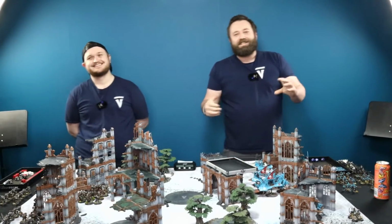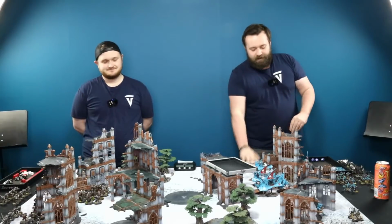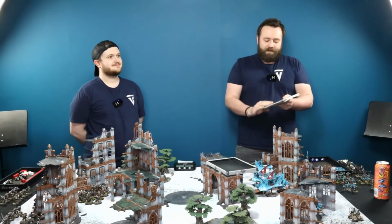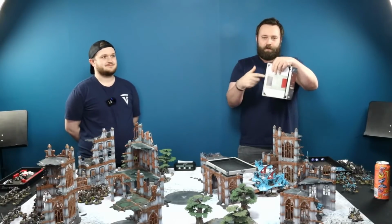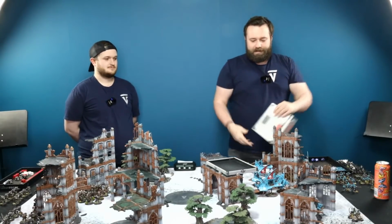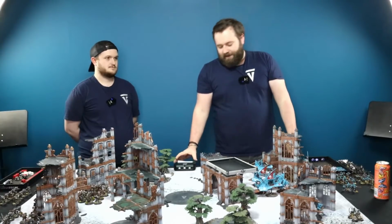So, as I said, it's a 2,000 point battle report of the Scouring from the mission. It's the hammer and anvil deployment with the little stumpy deployments where it's like 8 on 16 inches. Today you will notice that we have